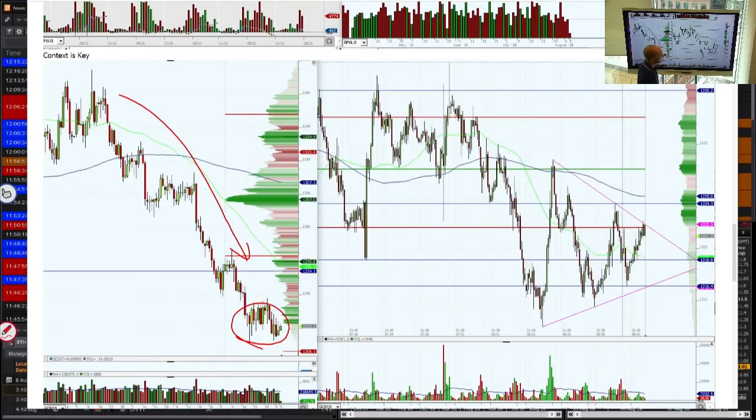So we had a double inside day. Volume very, very low on these. So what you need to see is volume picking up today if it's going to break. What you don't want to see is a low volume break. That's likely to be one that fails. But